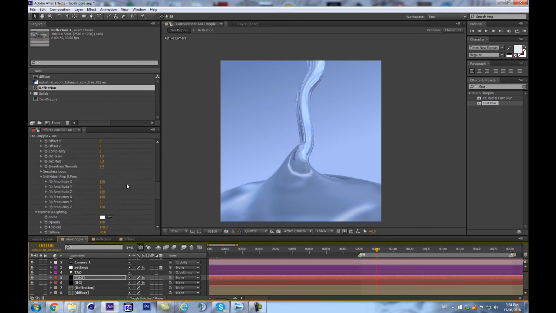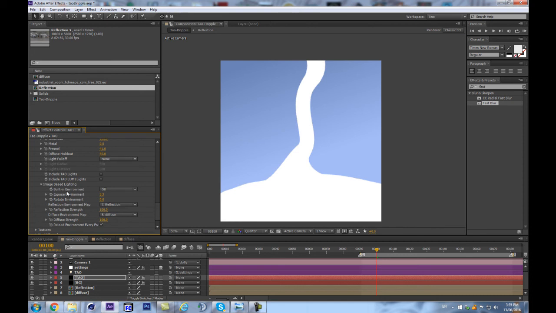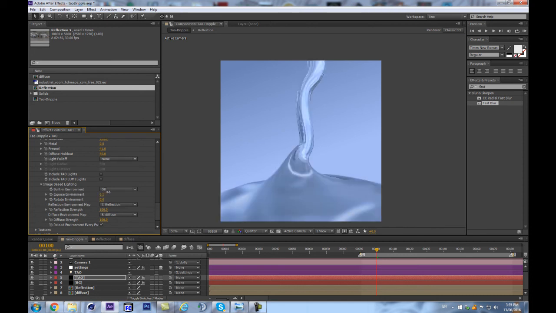So I'm gonna keep it like that, but I'm gonna increase the specular, and I'm gonna increase the diffuse softness, and I'm gonna increase the exposed environment, not too much, just a little bit,